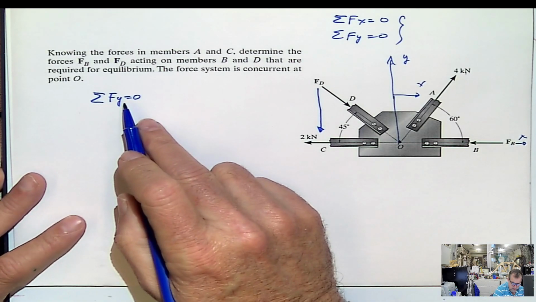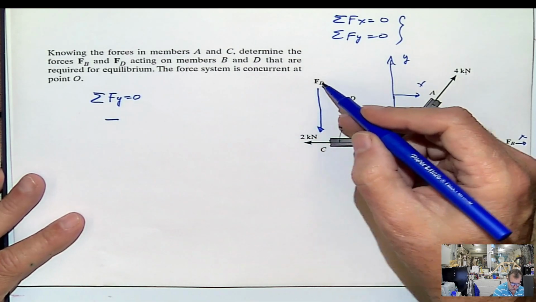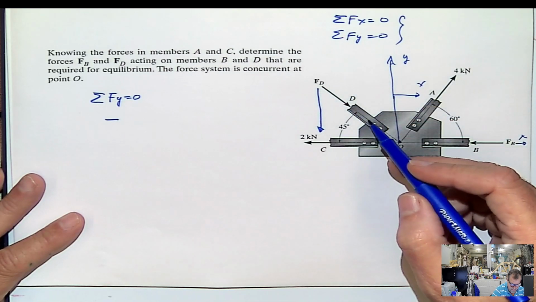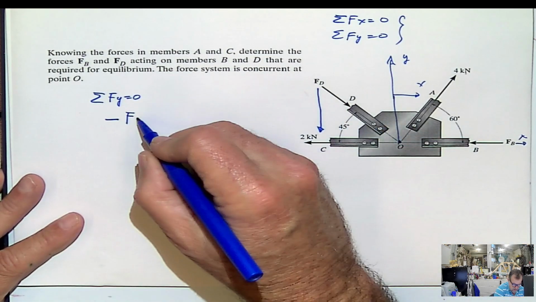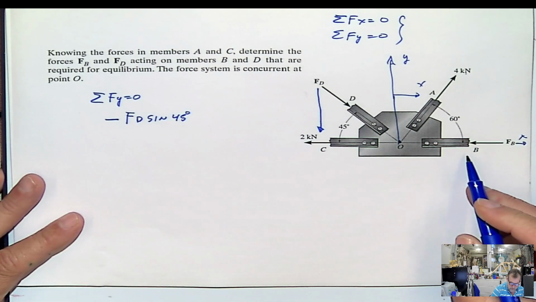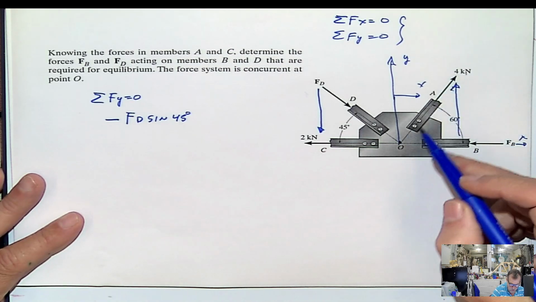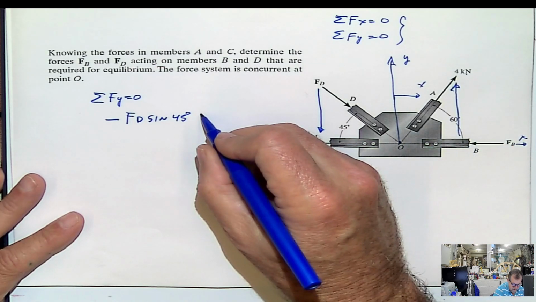But if I do that, then this is going to be negative. Downwards, it's going to be negative FD sine 45 degrees. And then the vertical component of this one is going to be positive 4 sine 60